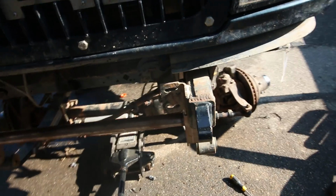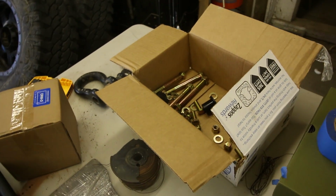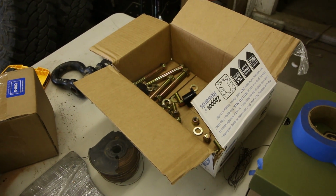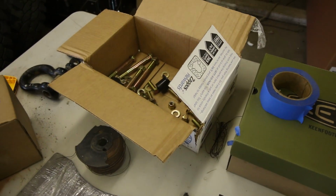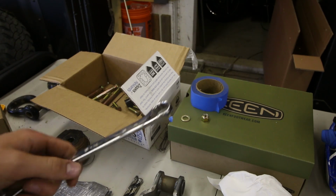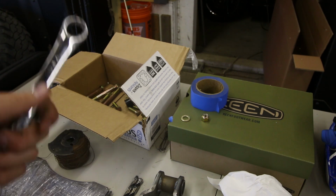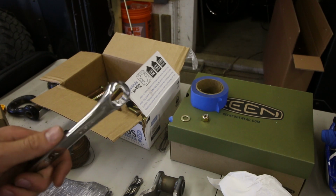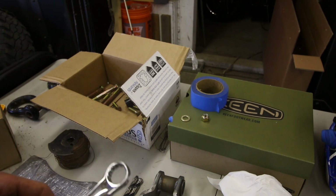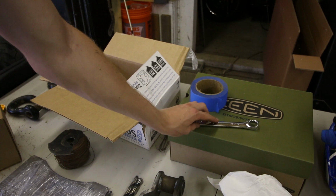I'll show you guys what I'm doing, or how I'm doing that. But just kidding, I think my wrench is actually stuck on that nut, so I have to get that off first. Then I'll show you guys how I do that. Say you want to put a nut on a bolt in a spot that's hard to get to, where it's hard to hold the nut and do the bolt at the same time, if that makes sense. Like my situation over there. So one way to do it is to